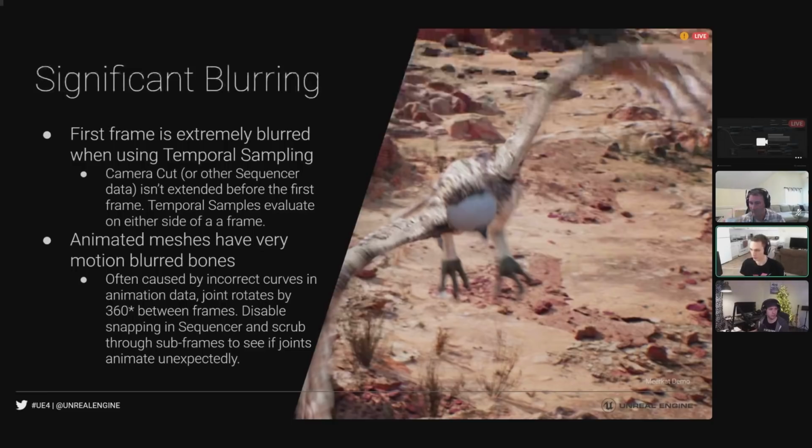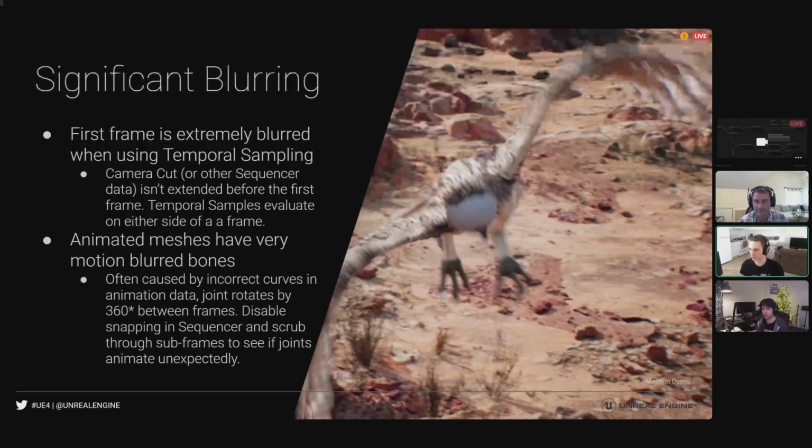So if all of your data in sequencer starts on frame 0, that first temporal sample effectively evaluates nothing, and then the second one evaluates what you expect, and your resulting image is two different images smashed together, and it looks really weird. So the fix for that is just to extend your data, especially the camera cut section.